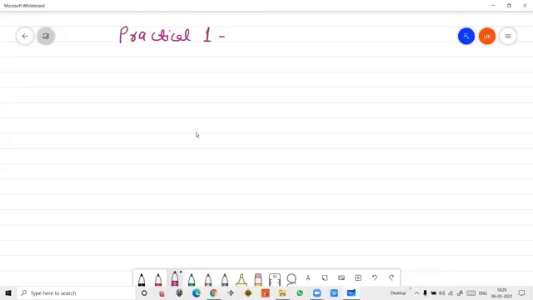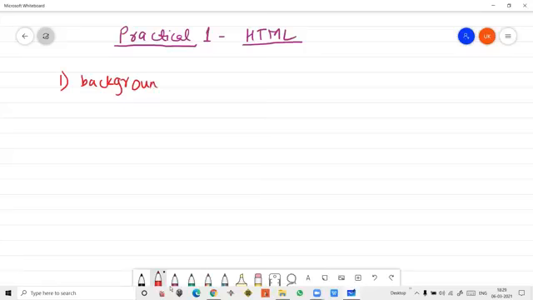This is just to make you understand HTML, or we can say web publishing. Now in this, students, few questions we should write, and then we can understand how the things are going to work. The first thing which we have to do in this practical is add a background color. Background color should be green.